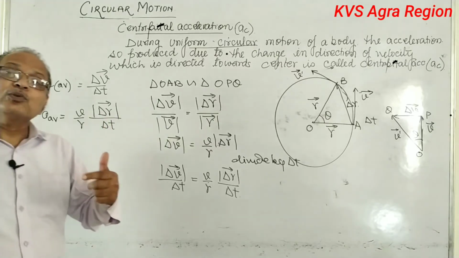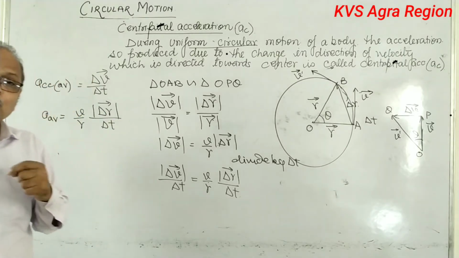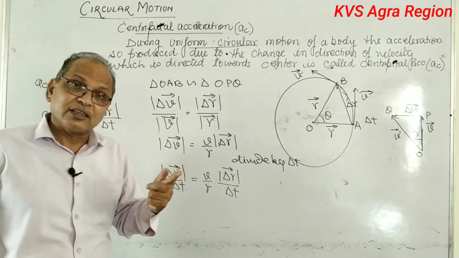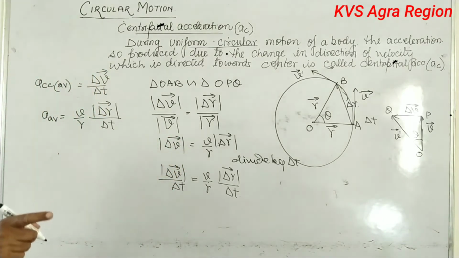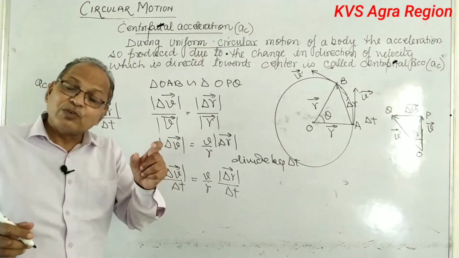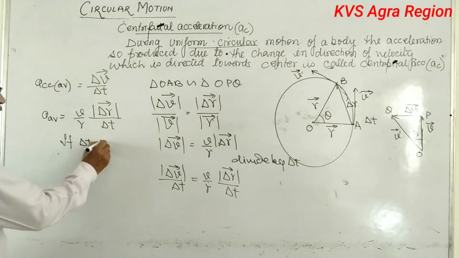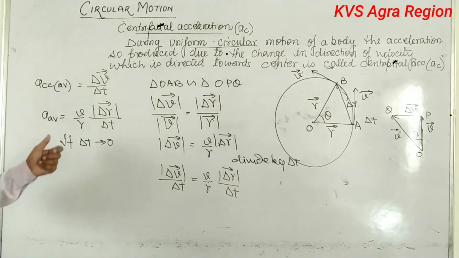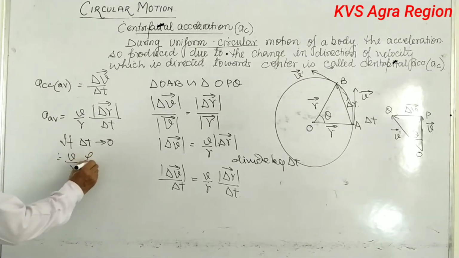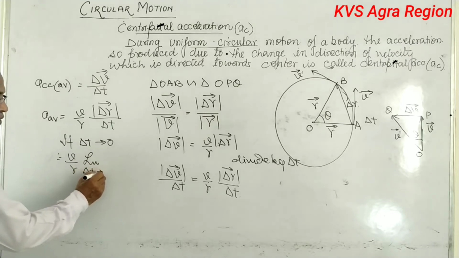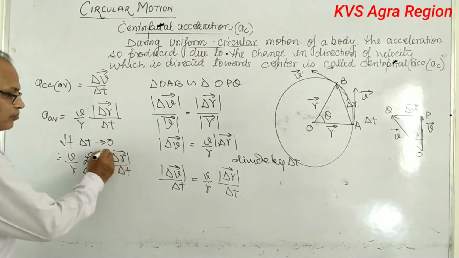Now, if you want to find out the instantaneous value of acceleration at a particular point, then how can you calculate the value of instantaneous acceleration? Instantaneous acceleration at a point can be calculated if the time gap is very small. So, if delta t tends to 0, then what you should get? This formula can be written as limit delta t tends to 0 delta v upon delta t,